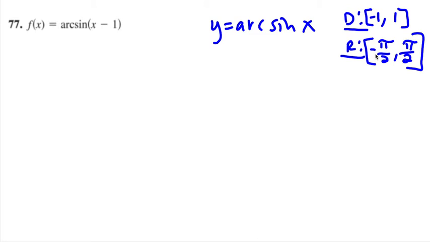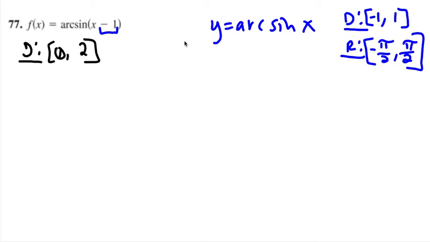Okay, so if we are taking this graph and shifting it, the -1 would be shifting it 1 unit to the right. Now our domain, let me bring this over here with this one. Our domain becomes 0 to 2. Okay? So that's the interval that we need to look at when we're trying to answer the first part,